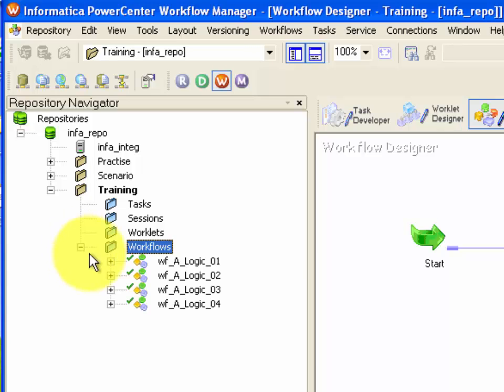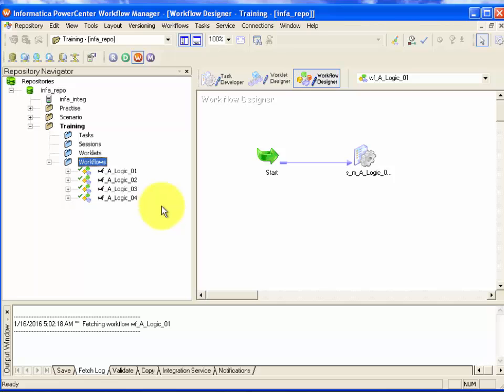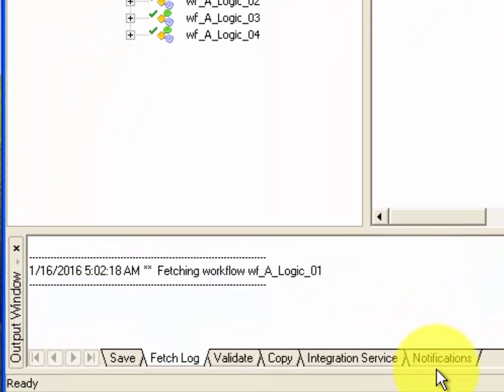Workflows subfolder has the list of workflows available in the training folder. In simple terms, Navigator shows the list of objects, be it workflows, sessions, etc., available in the training folder. In the workspace, you can create workflows and different tasks. Output window gives you notifications, validation messages, fetch logs, etc.